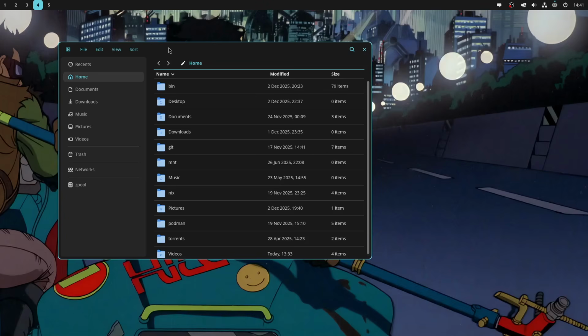You just get the hamburger menus and everything's hidden away. So what we've got up here toggles the sidebar like that, and you've got the